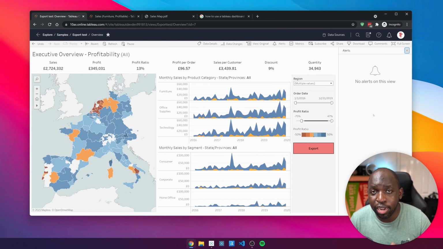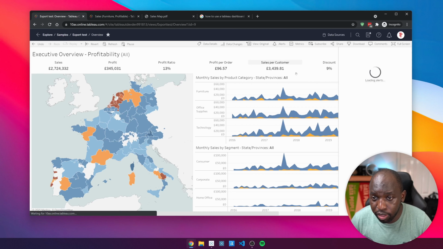So let me go ahead and set up an alert on this page, and then we're going to see what it looks like. The reason I can't see any is because the author hasn't actually enabled them for me. So whoever's created the alert hasn't set it up for me to see. So what I've done in the background is I've changed that. I've now gone and enabled those alerts to be visible to other people. And if I go ahead and refresh this again,